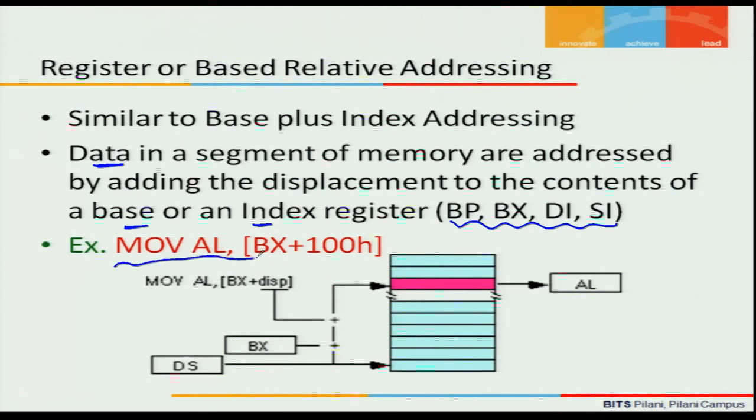So the typical example is given here, for example. So you have a BX register and you have an offset, an immediate value of the offset is specified. So the memory location which will be accessed would be that inside the DS data segment, I will go to an offset which is given by BX plus the displacement. So from this offset I will pick up the value and move it to the AL register. So this